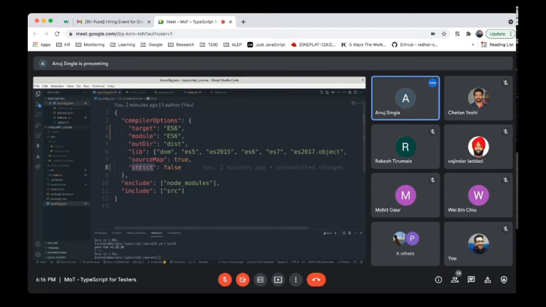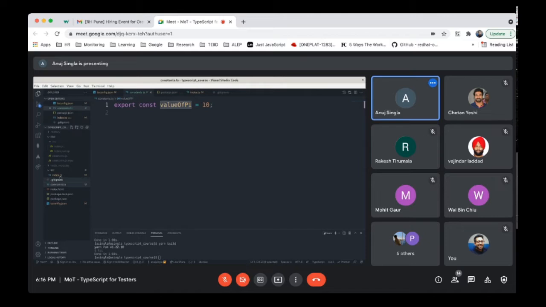And the next one is exclude. Exclude means which folder you don't want to compile from TypeScript to JavaScript, and include means which folder you want to compile. So these are the properties which I feel you should know. And then now moving on to the